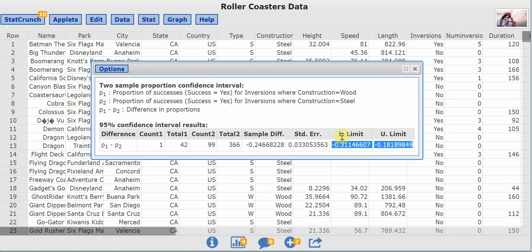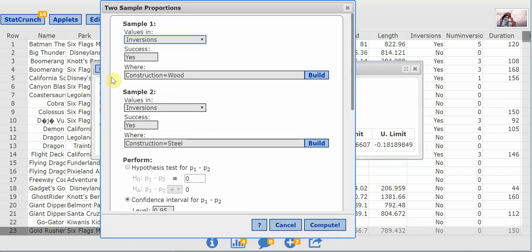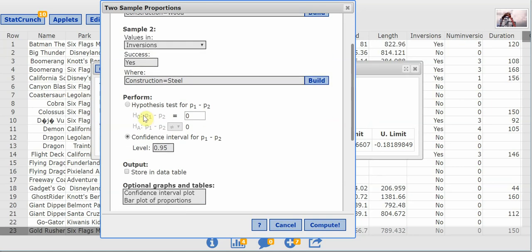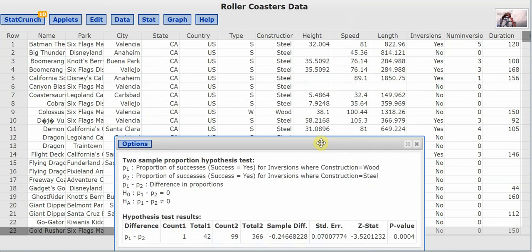All right, now let's think about how we would do the same problem as a hypothesis test instead of a confidence interval. So I'm going to go to options and I'm going to edit my choices. I still want to compare the proportion of roller coasters with inversions between wood and steel roller coasters, but now instead of a confidence interval, I want to do a hypothesis test. And I do want to test the standard hypotheses, the null hypothesis that there's no difference between the groups. So first proportion minus second proportion equals 0. And the alternate hypothesis that there is some difference between the groups. So if I push compute there instead,